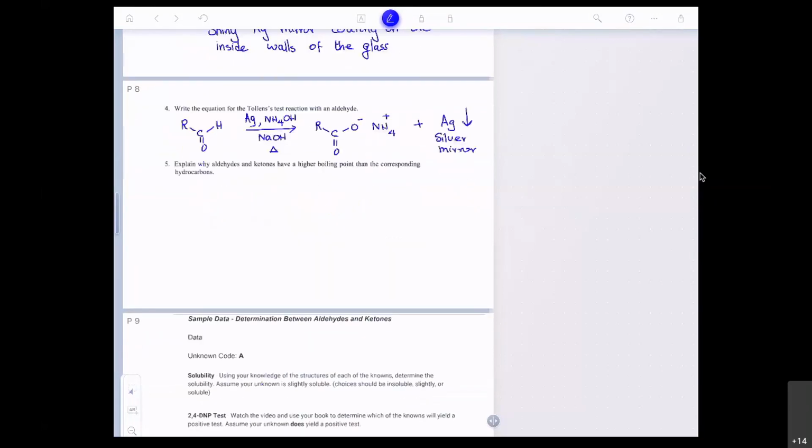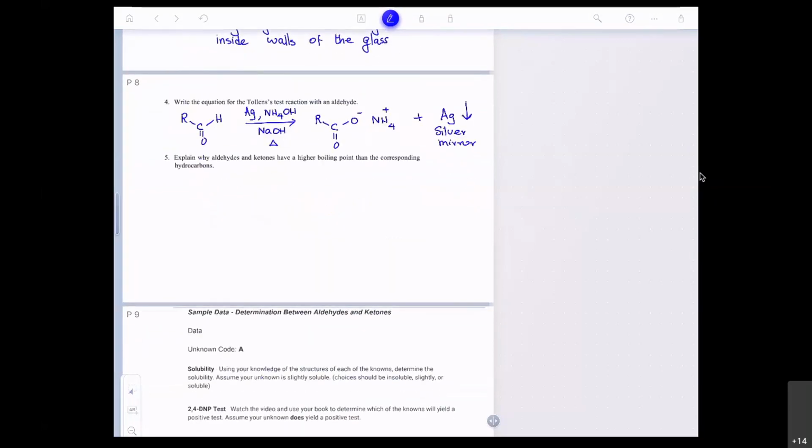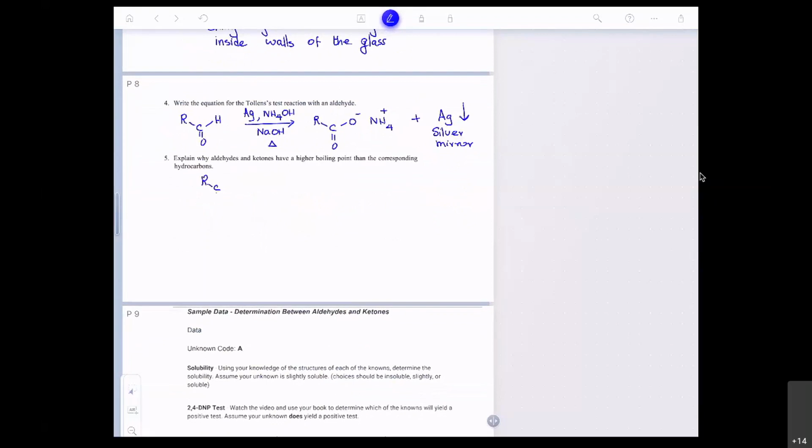The last question, why aldehydes and ketones have a higher boiling point. So I'm going to put the aldehydes and ketones together here. Then the corresponding hydrocarbons, I'm just going to say R prime for the hydrocarbons. They both have dispersion forces. So that's common for both. I'll write dispersion forces. They both have, this one has dipole force. Here the dipole force,